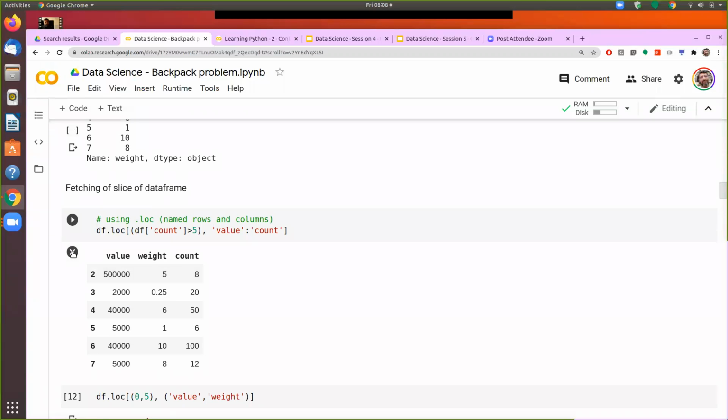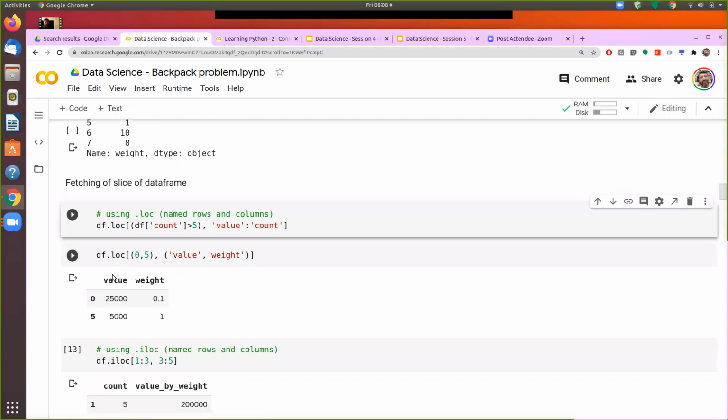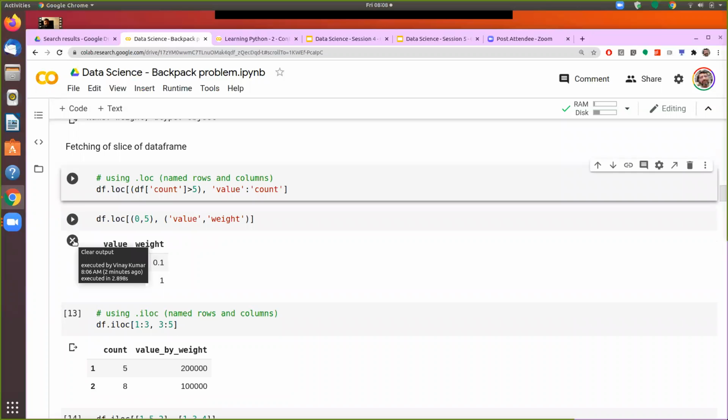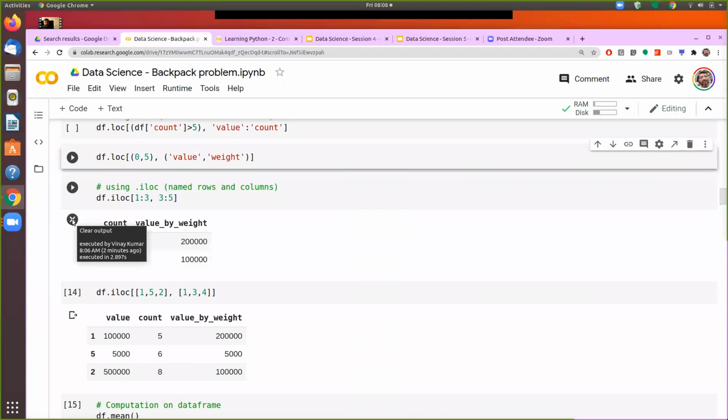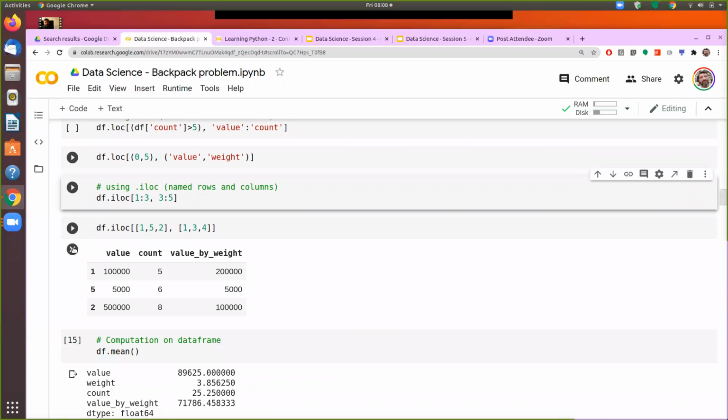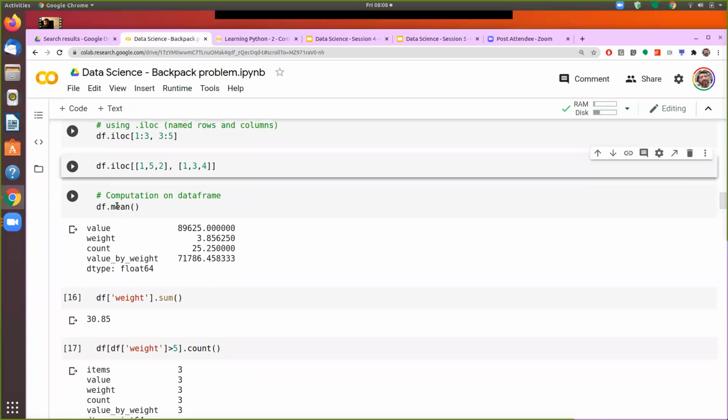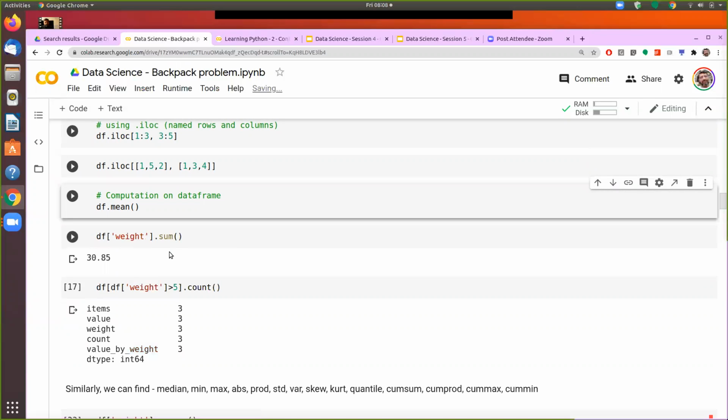These are the slice operations which we don't really need to worry about. All the slicing operations. This one we'll come back to.